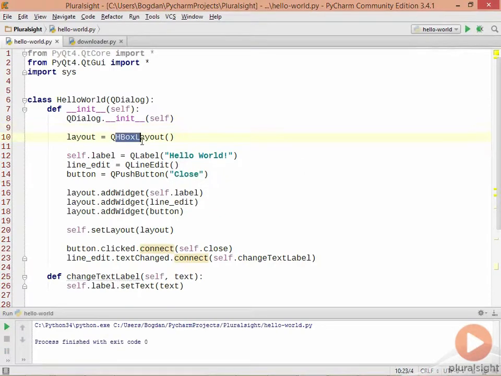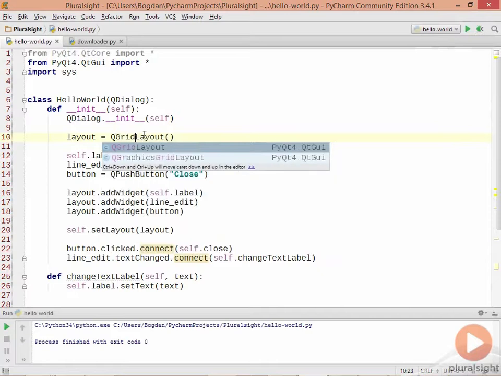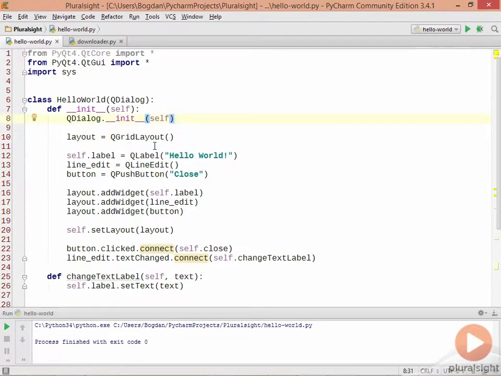Similarly, we can make a QGridLayout as well. But this is going to require some setting up. We're namely going to instruct our layout what elements we want to display in what row and column. Or in other words, to simplify, we want to tell the grid layout where we want our elements positioned within that grid. Now, the rows and columns in the grid layout are zero-based, so if I wanted our label here to be in the first row and the first column, I would say comma 0, comma 0. This second parameter, the first 0, denotes the row,